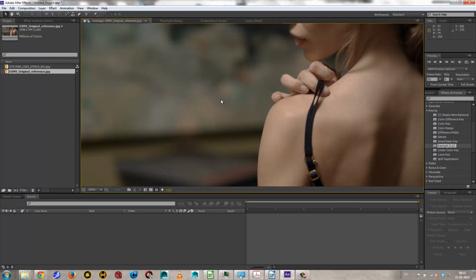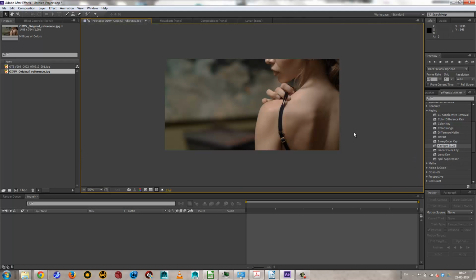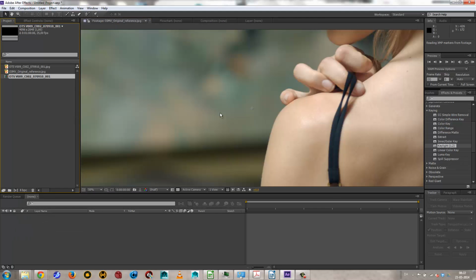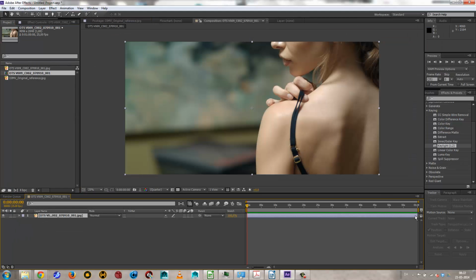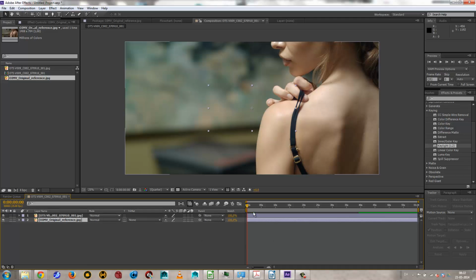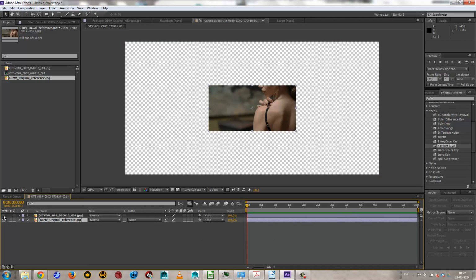So this is then a graded version. It's a slightly different size, so that's why it pops. So I'll just make a composition here with just this image, as you can see, and I'll just add the reference image underneath. So I can turn this off,